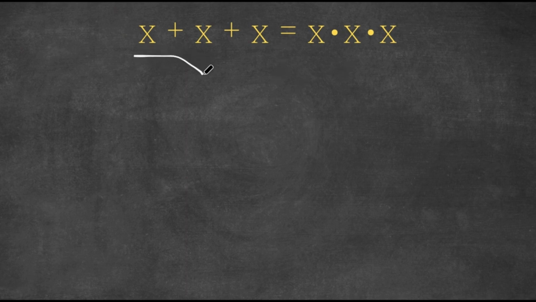So let's first start by adding these three x's. x plus x, well that's 2x, and 2x plus x is 3x. So we have 3x